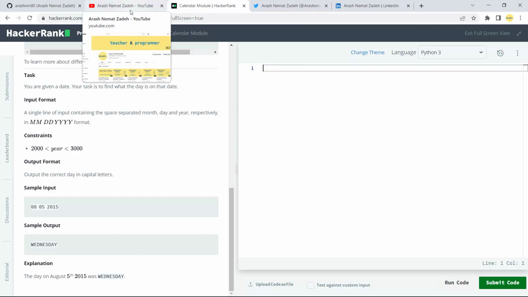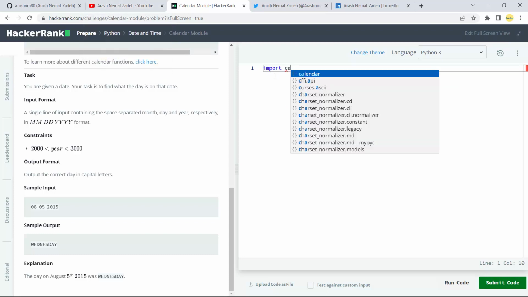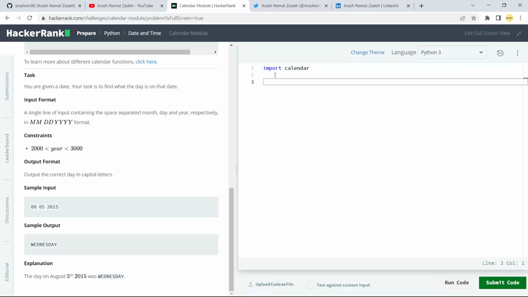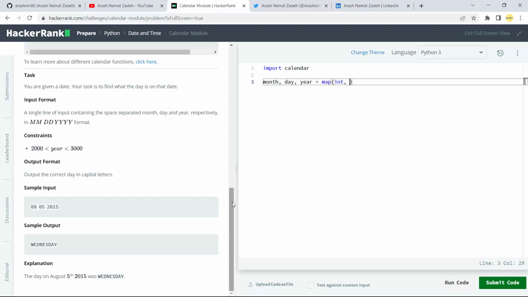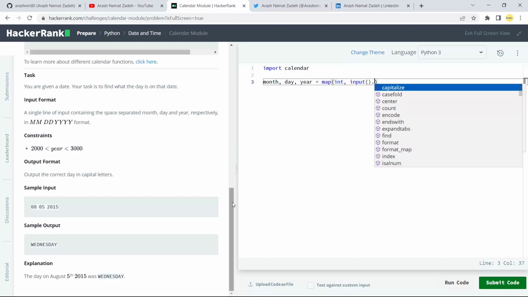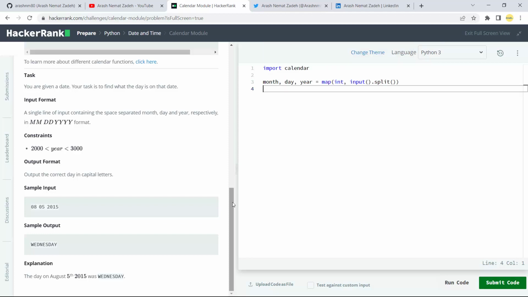So, first of all, I'm going to import the calendar module in Python. Then we handle our three inputs, so month, day and year will be equal to map to integer from input dot split. After that we should find the weekday index, so I create a variable like, for example, weekday index,